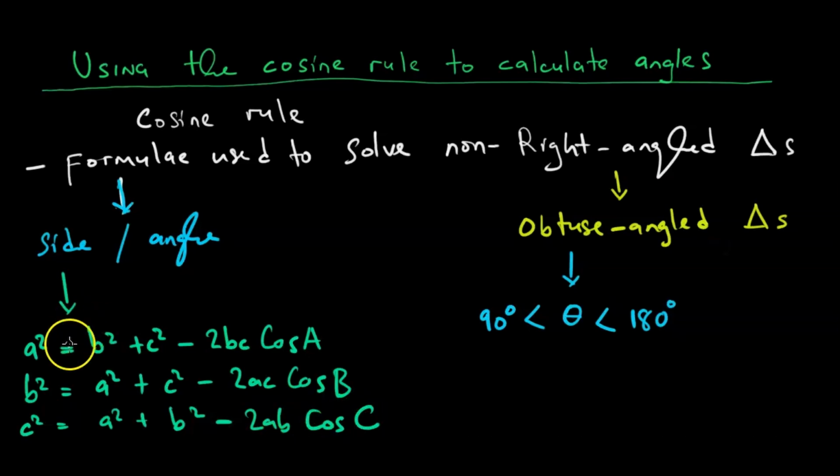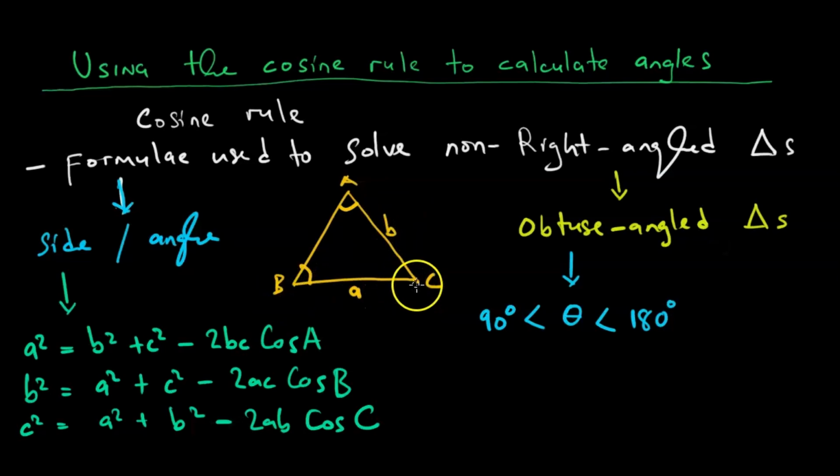You understand? So here, the small letters represent sides. If you remember our model triangle, which looked like this, where we have a, b, and c. Capitalized A will represent this angle, and small letter a, which is opposite this interior angle A, is the side. Capitalized B is the angle, small letter b is the side. Capitalized C is the angle, small letter c is the side. So a squared, b squared, c squared. We are calculating what? We are looking for sides.